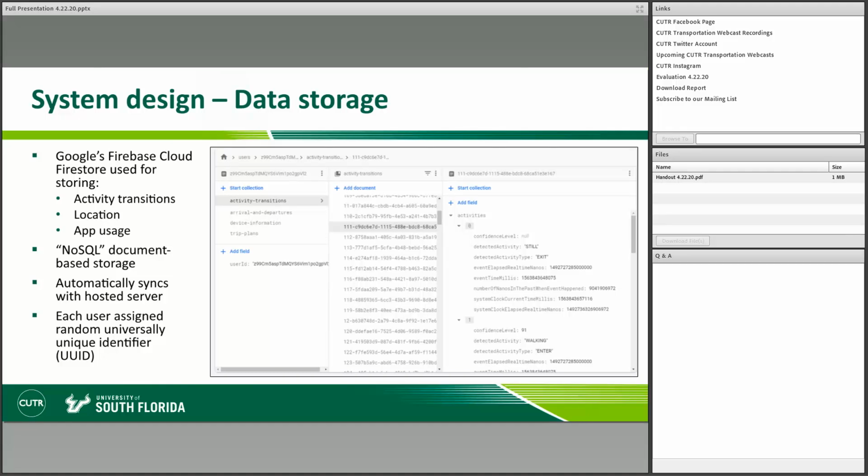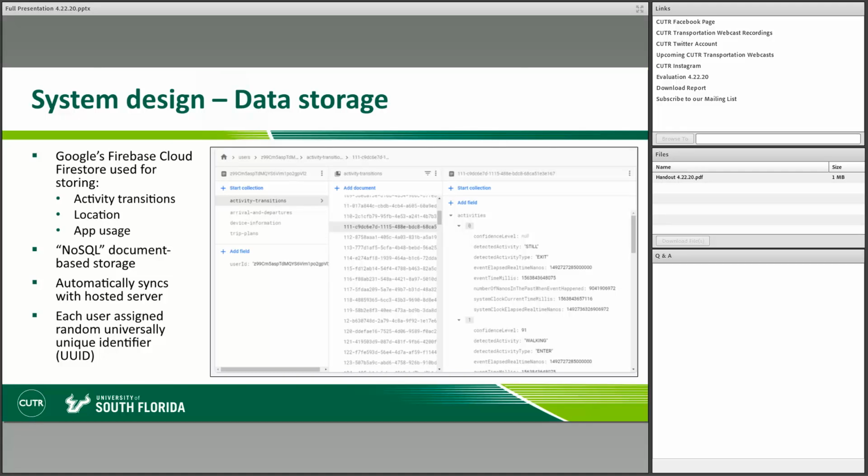Another advantage of using Firebase here is that it automatically syncs information you save on the device to Google's servers. So we don't have to worry about doing this manual synchronization ourselves.